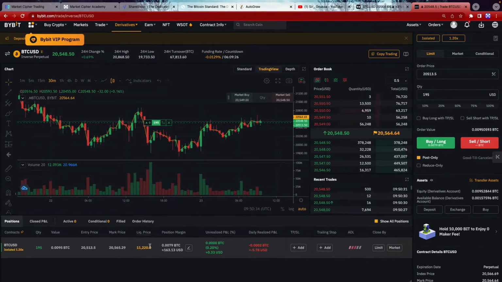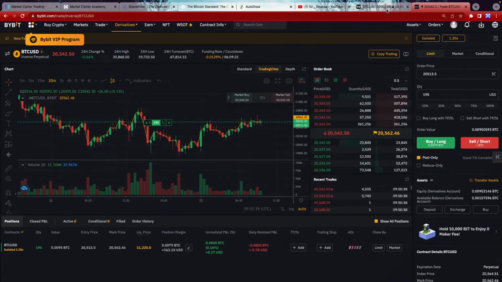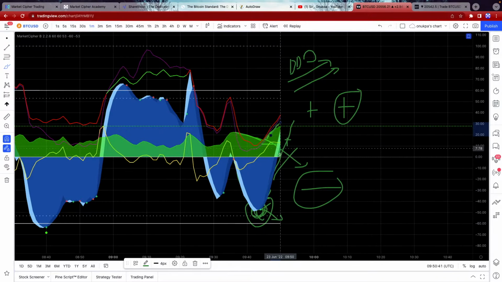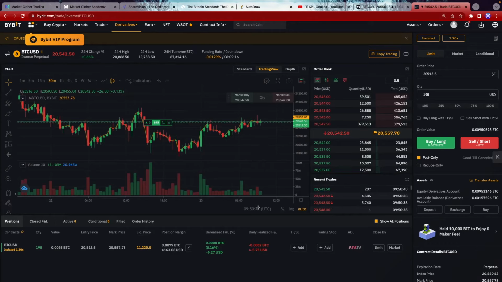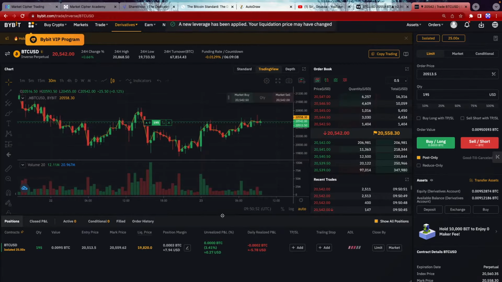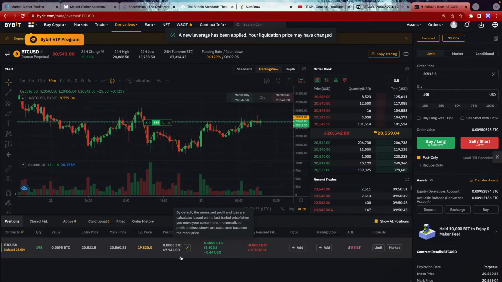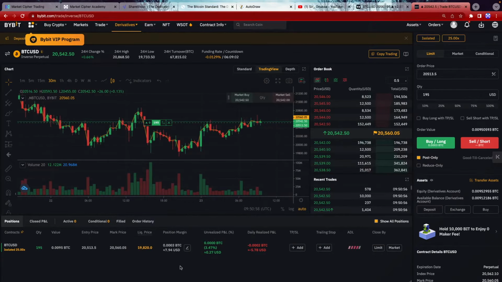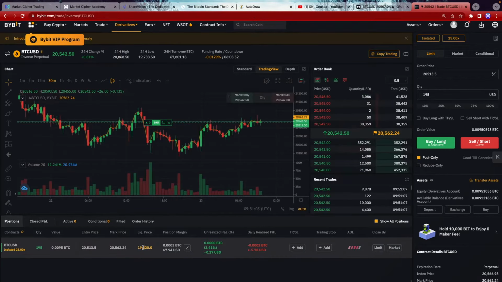You understand? I don't care about having my liquidation price around 19,000 because I know the overall direction. I know that my oscillators are not going to fail me. They are heading upwards, so price is going to be pushed. So let me put my liquidation at, let's say, 25%, since I know the overall direction. Trading is all about percentages, so I need enough capital or margin to push my percentages up once I know the direction. Even though my liquidation price is around 19,820, I barely care about it because I know